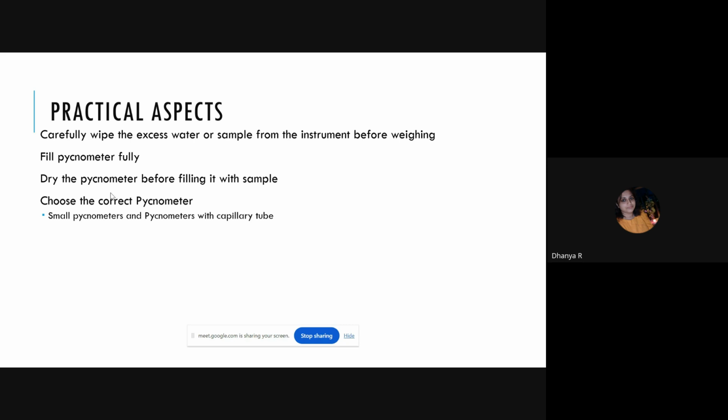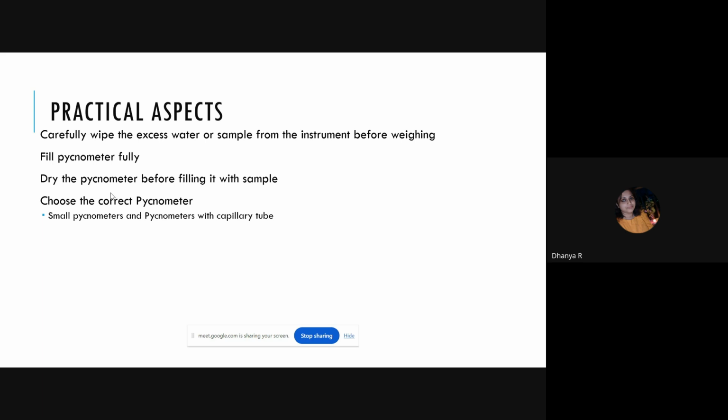फिल करना वो भी आपको एक ध्यान रखने की। आप पिक्नोमीटर क्यों यूज कर रहे हो? पिक्नोमीटर इज यूज बिकॉज यू आर टेकिंग द इक्वल वॉल्यूम ऑफ वाटर एंड इक्वल वॉल्यूम ऑफ सैंपल, ये एंश्योर करने के लिए आप पिक्नोमीटर यूज कर रहे हो। अगर आपके पास पिक्नोमीटर नहीं है तो आप एक ग्रेजुएटेड सिलेंडर से भी ये कर सकते हो, मगर उसमें आपको जो वाटर के जो मेनिस्कस जो है वो करेक्टली बैलेंस करना है। आप इक्वल वॉल्यूम उसमें थोड़ा ऊपर नीचे हो सकते हैं, इसलिए हम पिक्नोमीटर यूज करते हैं।